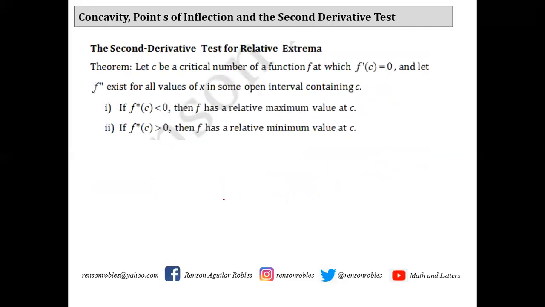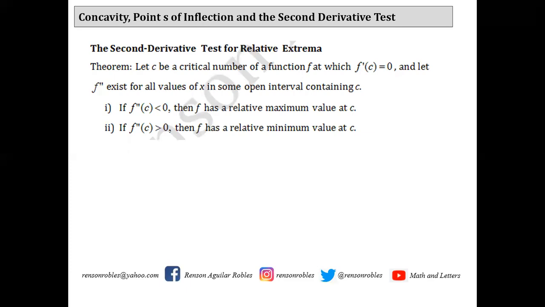All right, so here, the second derivative test will give us a way to easily identify whether the function has a relative minimum or relative maximum. Earlier, with the first derivative test, we only identified whether the function has a relative minimum or maximum by the values of x on the left or on the right side of c. So here, we let c be the critical number of a function f